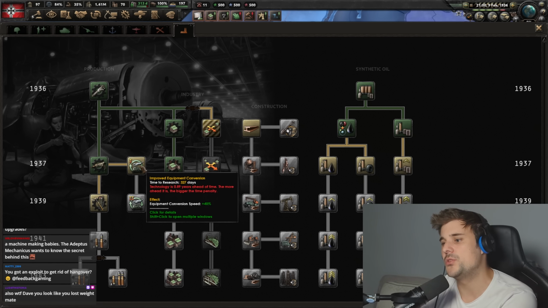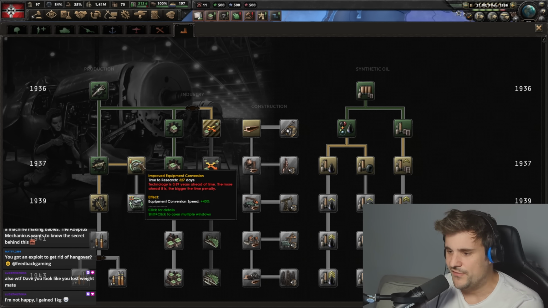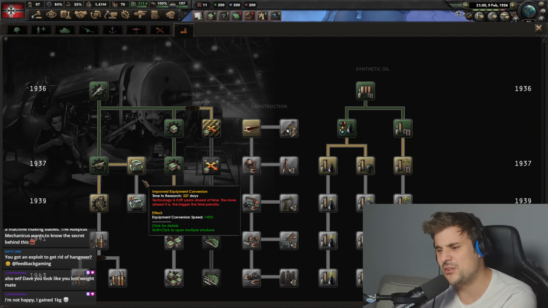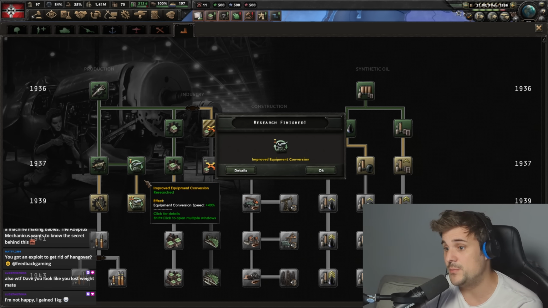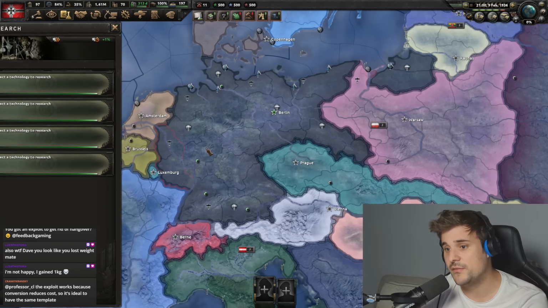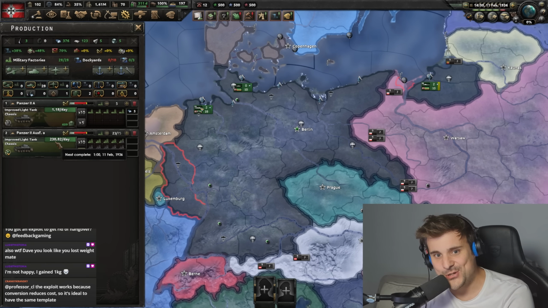Now, if you want to take it to the next level, we will go for both conversion technologies. A lot of people thought that these technologies made you convert factories from civs to mills quicker. Maybe I can understand that because the icons didn't look like that. But these are conversion techs. They basically increase it 40% for each one. So you are producing and converting 80% faster, which basically means when you press this button, you're now producing 230